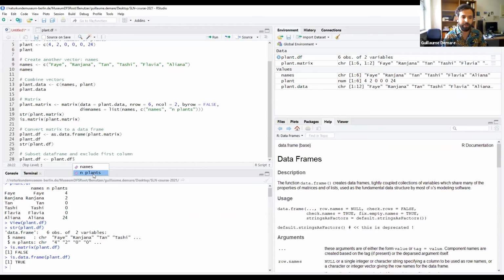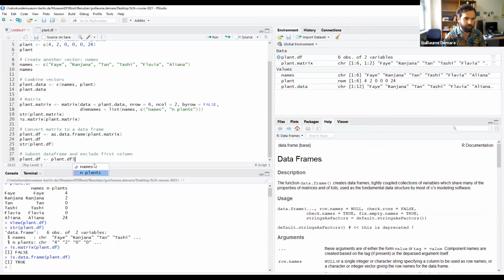What I want to do is only keep plant. So I will simply use that. It put quotation marks next to it because I have a space here and R doesn't like that. So it wants to make sure that this entire thing is my column name. This is why it's automatically putting these quotation marks. It will not do it for the other column because names doesn't have a space in it. But I will put the $ sign